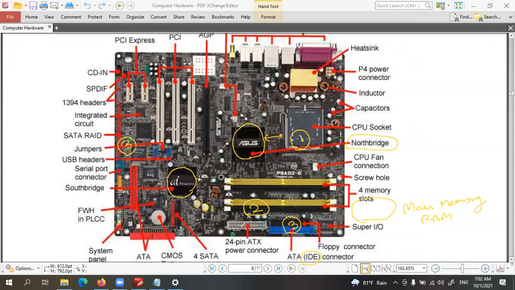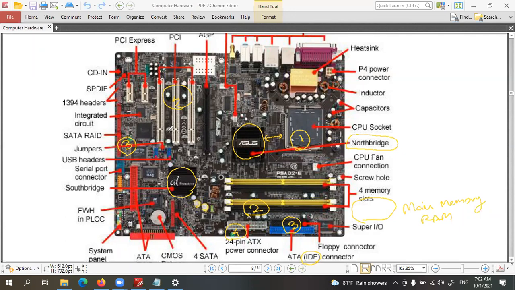Right. So here you can see the power port. So you have to connect power using a power supply to the computer. And these are called PCI slots to connect additional hardware circuit boards.